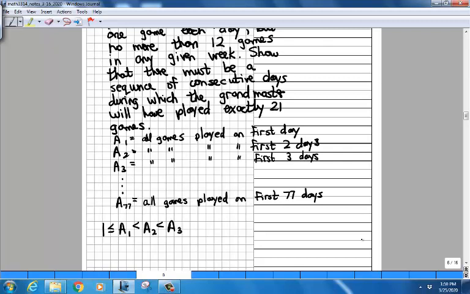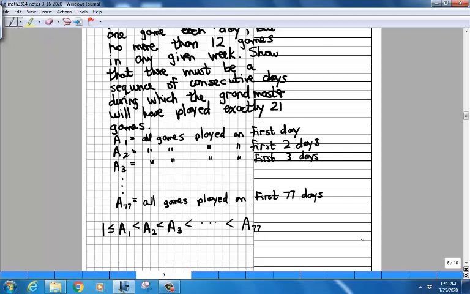So A sub 2, the number of games he plays on the first 2 days, has to be more than the number that he played on the first day, right? And then A sub 3, the number of games he plays on the first 3 days, has to be more than the number of games he played on the first 2 days, right? And that has to be more than the number of games he played on the first day, because he's playing at least one game every day, all the way up to this partial sum A sub 77,